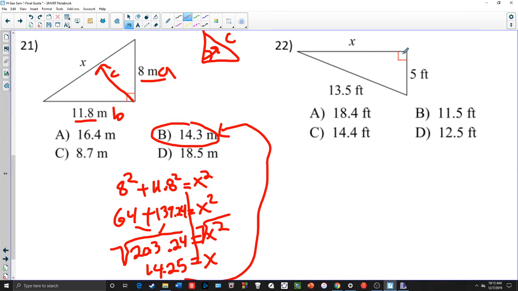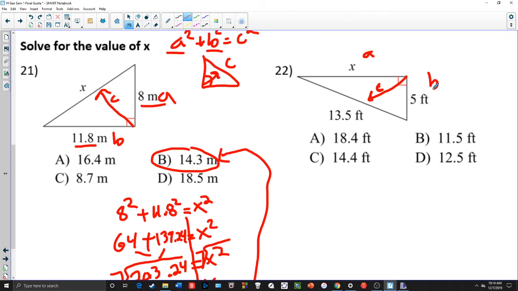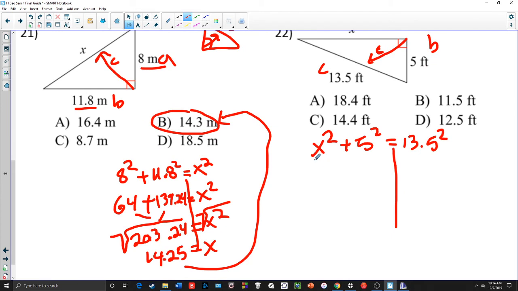The other case here is when we have the hypotenuse. I'm going right here. We have my C value. I'm missing either my A or my B, whatever one you want to call this. So if we label this here, this would be A, B, C. So if we use this formula here, A squared is x squared, B squared is 5 squared, and C squared is 13.5 squared. So what we would do then is we would do the same thing as before. We'd square our numbers first. So x squared plus 25 is equal to